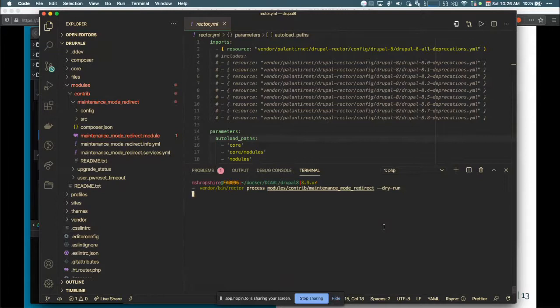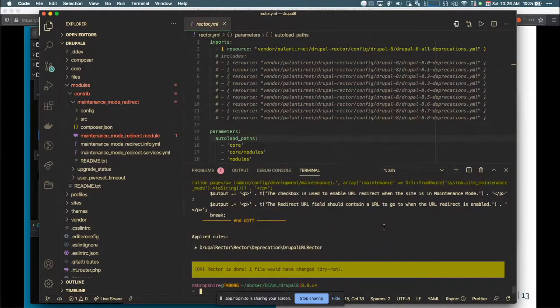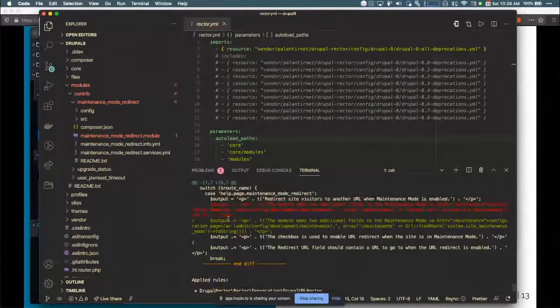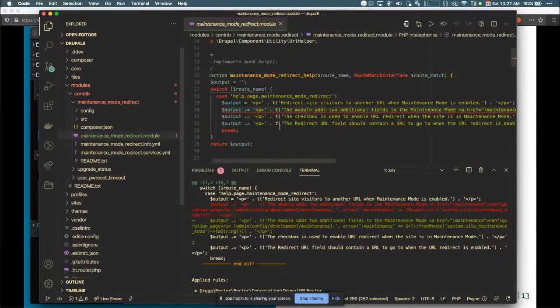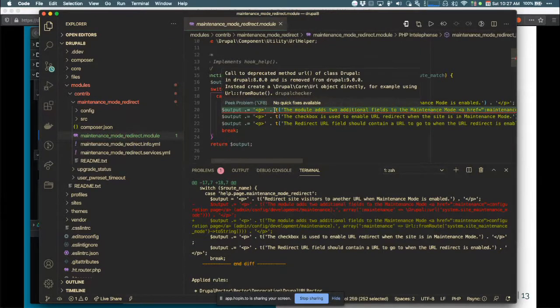Now, all this means is the dry run is going to not fix it for us. It's going to show us the issue. And the issue is that same line 20, and it's telling us that that same URL is deprecated. And we can actually go back to the file here. And remember, that's Drupal Check telling us the same thing.